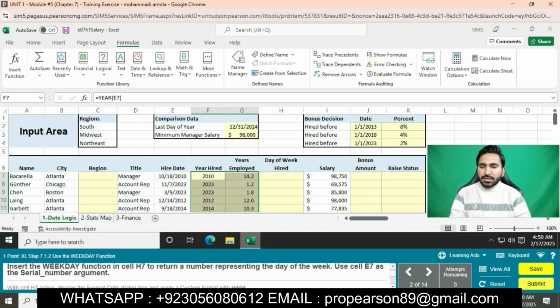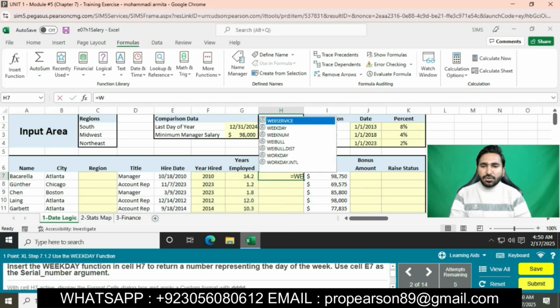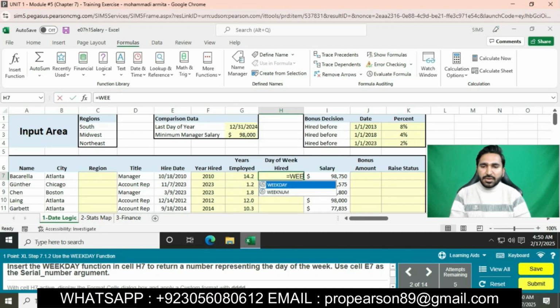The next question is: insert the WEEKDAY function in H7 to return a number representing the day of the week. Use cell E7 as the serial number argument. Simply we will go to cell H7 and enter a WEEKDAY function. Press equals and go to the Formula tab in the Function Library group, or we will enter the formula directly in the formula bar, the WEEKDAY function, and then